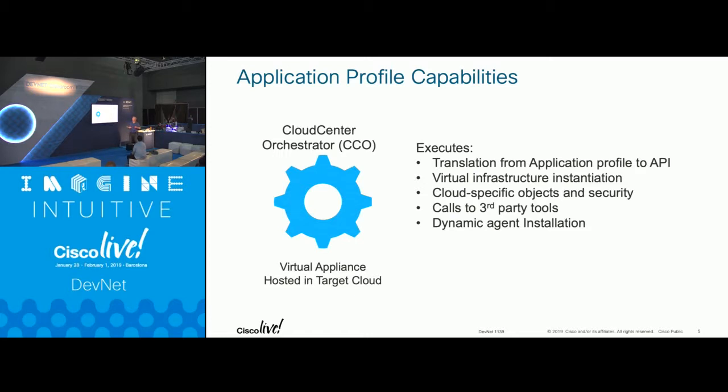It also talks to the boxes, so as you deploy your applications, we put an agent on that box itself, which will then talk back to the CCO to tell it the status of that box. It gives you proxy SSH control of that box. It allows you to VNC into that box, things like that. But it tells you about the IP address, the status of the box, and it allows you to manage that box, right? Terminate it, shut it down, reboot it, all that kind of good stuff. So you're getting a lot of good stats from that information. And it allows you to do the third-party call-outs, right, which is very important. So a lot of integration with things like ServiceNow,